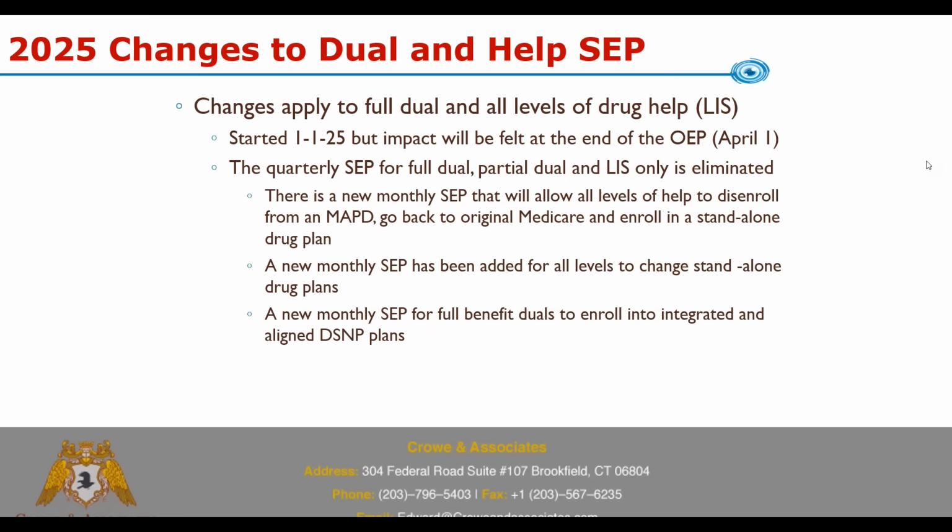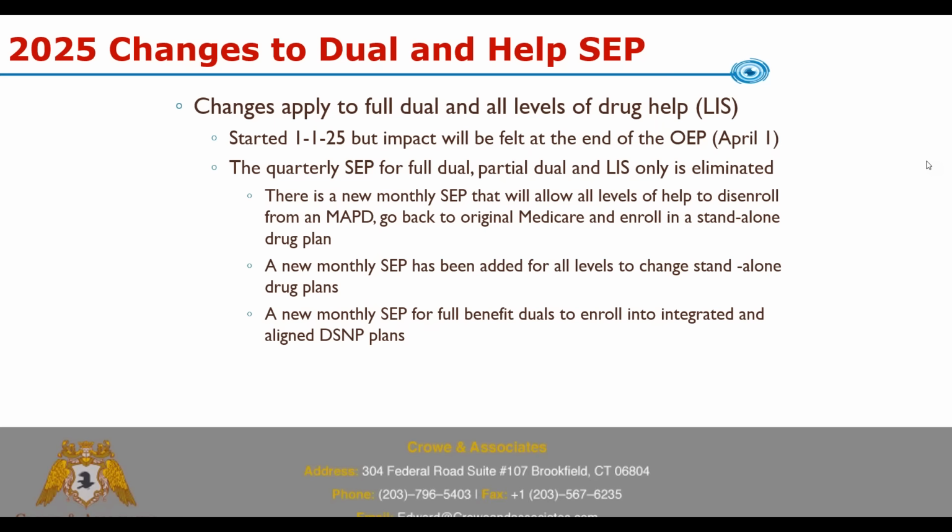So the quarterly SEP for full dual, partial dual, and LIS only is eliminated. They have added a couple new SEPs in its place. So there's 3 of them basically. The new monthly SEP is one that started January 1st, and that will allow all levels of help, full dual through drug help only, to disenroll from a Medicare Advantage plan, go back to original Medicare, and enroll in a